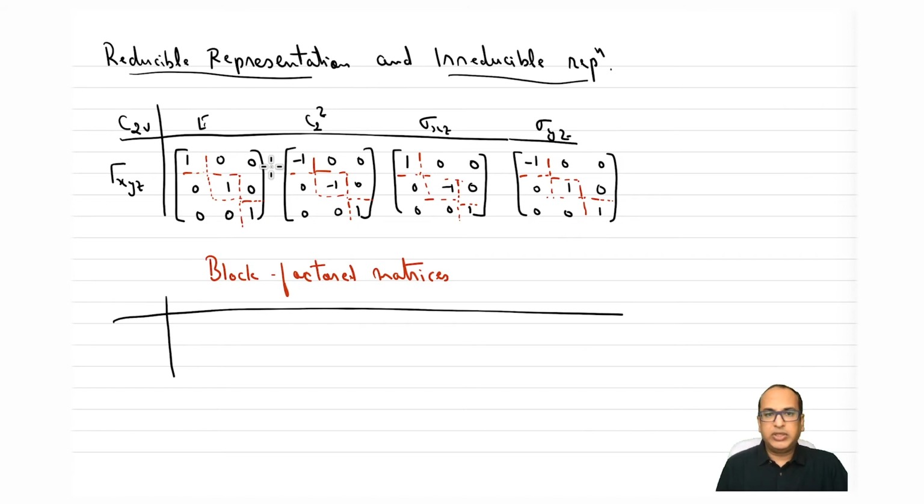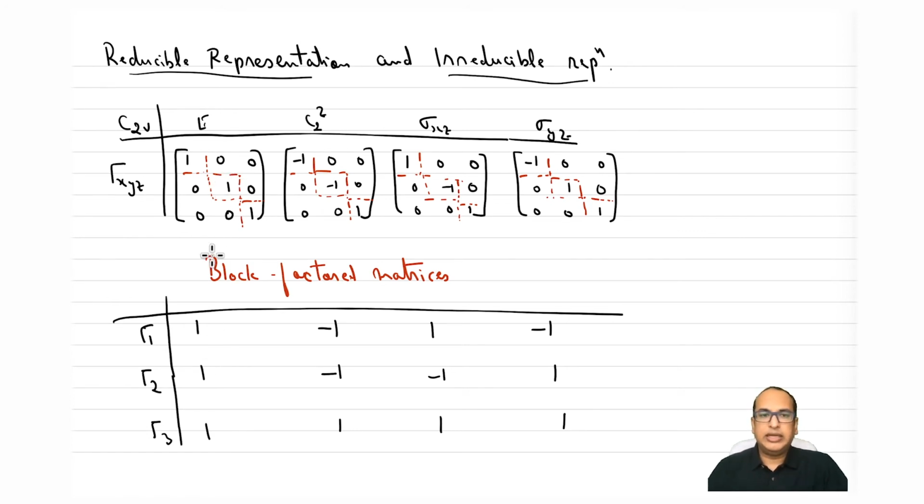If I just write down this 1, -1, the first corresponding element of all 4 matrices, -1, this is my tau 1. Tau 2 will be this one, 1, central element, -1, -1, 1, and tau 3 will be 1, 1, 1, 1, right? So this matrix can now be block factored into 3 matrices and then can be written as a linear combination of these 3 matrices, right? So you can write in terms of matrix.